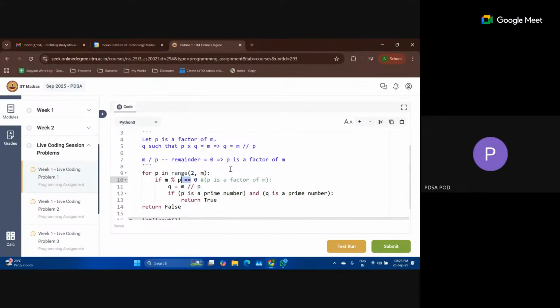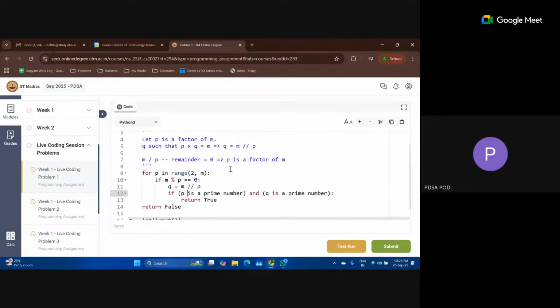This double equal to will check whether the left hand side value is equal to the right hand side value or not. The left hand side value is the remainder obtained when m is divided by p. If it is equal to 0, then we can safely say that p is a factor of m. Is that clear?